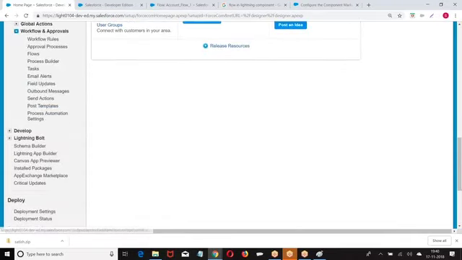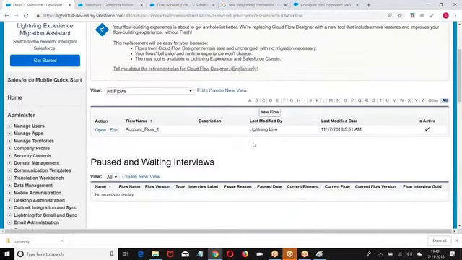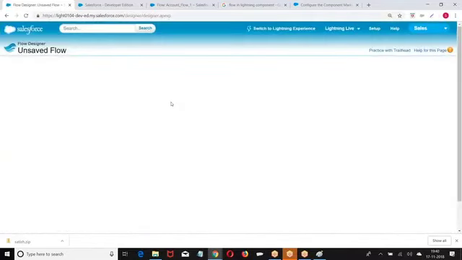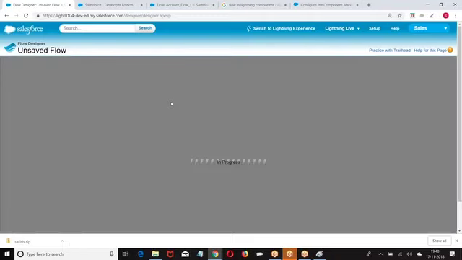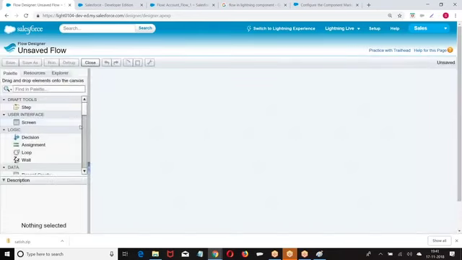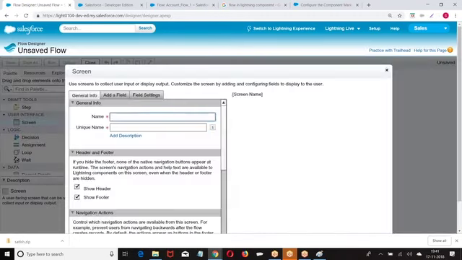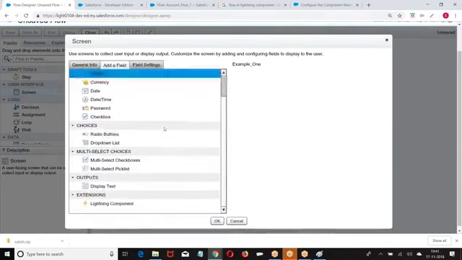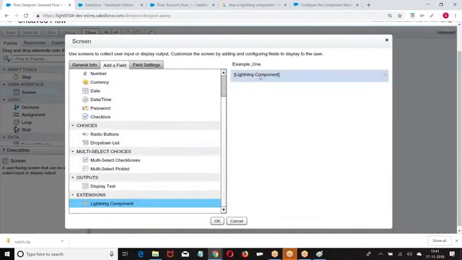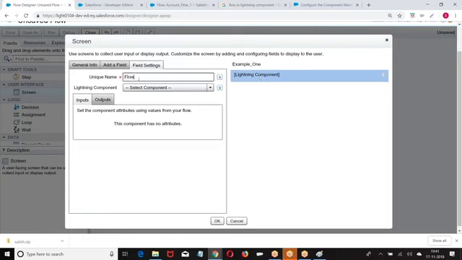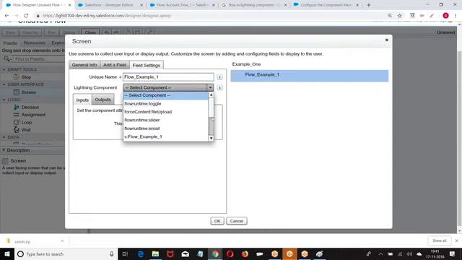Create. Our flow is not visible here, right?